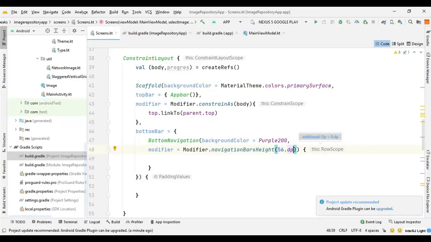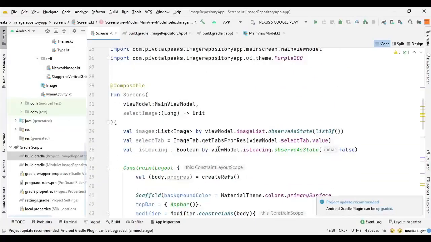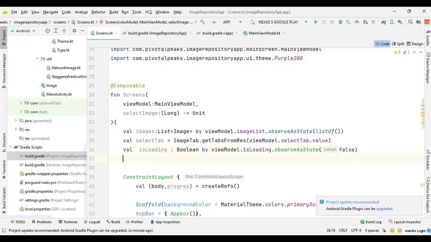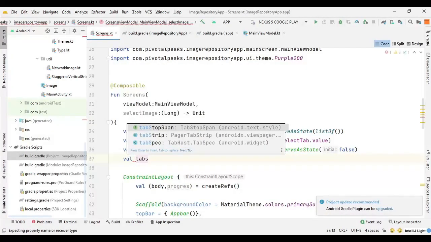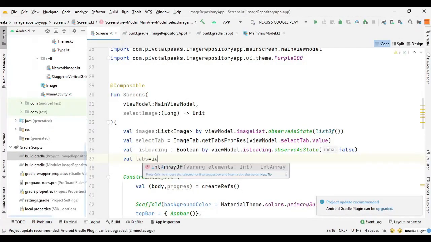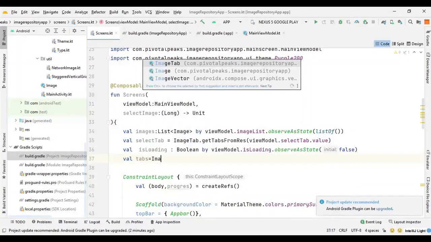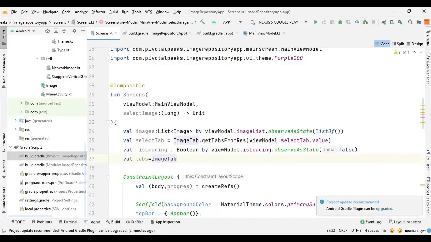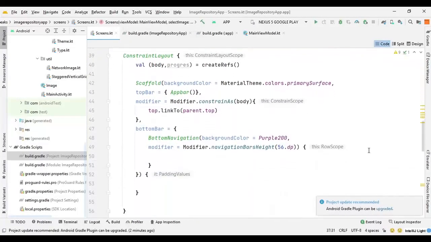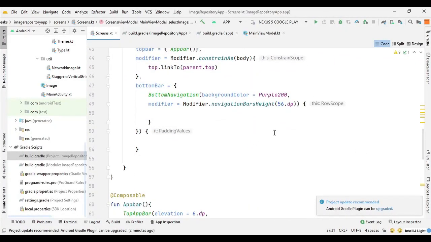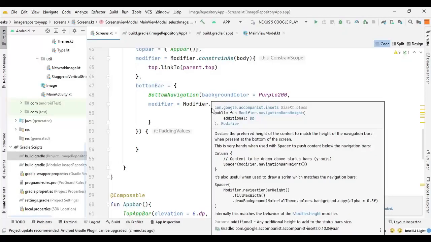So after is loading, we can say val tabs, and we can get the tabs from our image tabs. So we can say imageTabs.value, and now we can use it. So where were we? Yeah, bottom bar, bottom navigation.